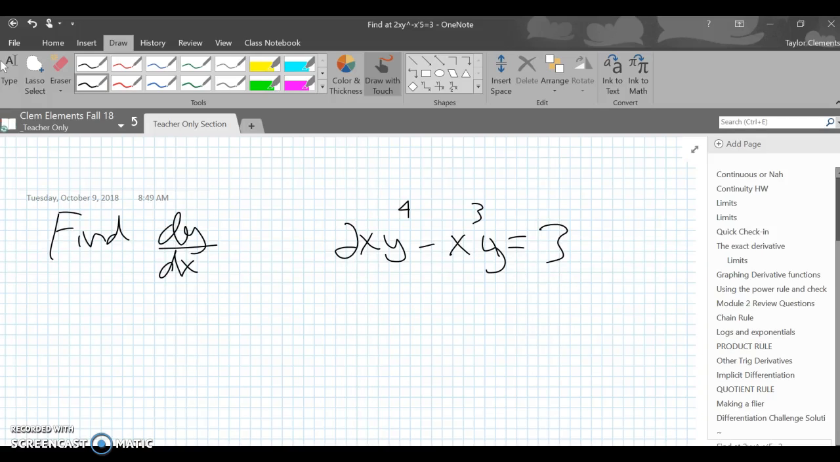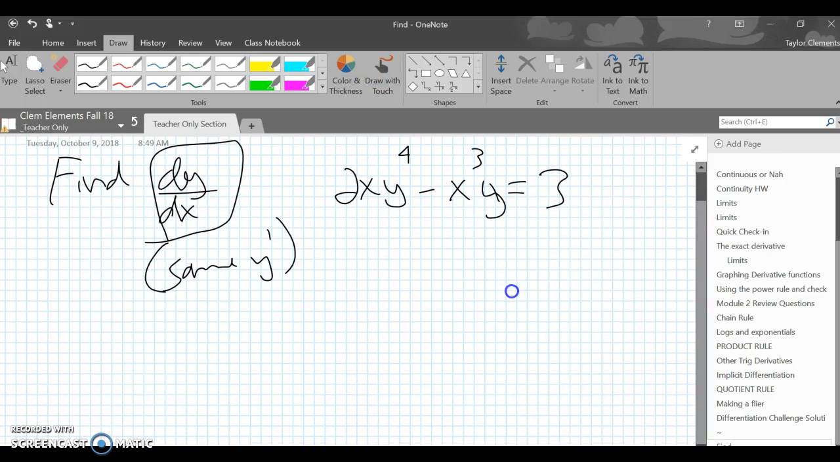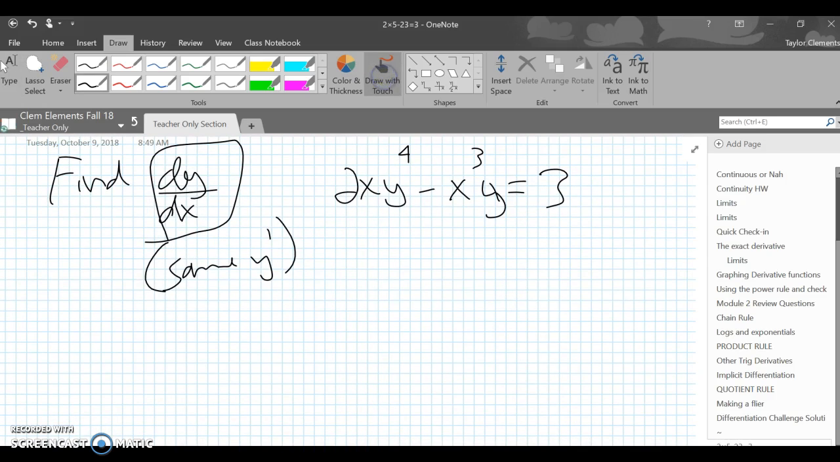Hey everyone, just wanted to do an extra little workout on this implicit differentiation problem. So the question says something like, find dy over dx, but that is the same as y prime. So I'm just going to use y prime. That's always a little easier for me to do. So now with implicit, when we see something like this, we have to remember that's going to be